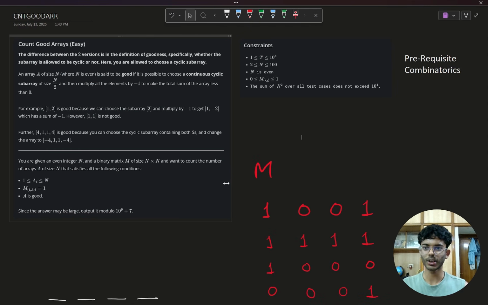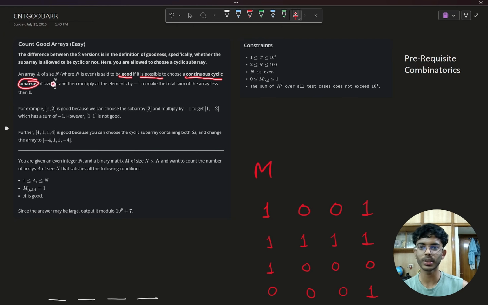So yeah, today's question is Count Good Arrays, easy version. In this question, we're given an array A of size n, where n is always even. The array A is said to be good if it is possible to choose a continuous cyclic subarray of size n/2 and multiply all the elements of the subarray by minus 1 to make the total sum of the array